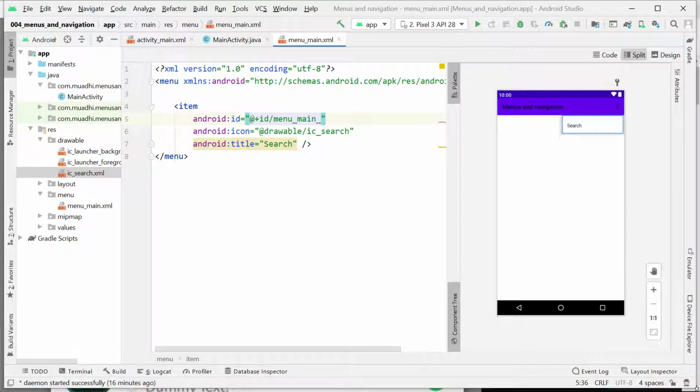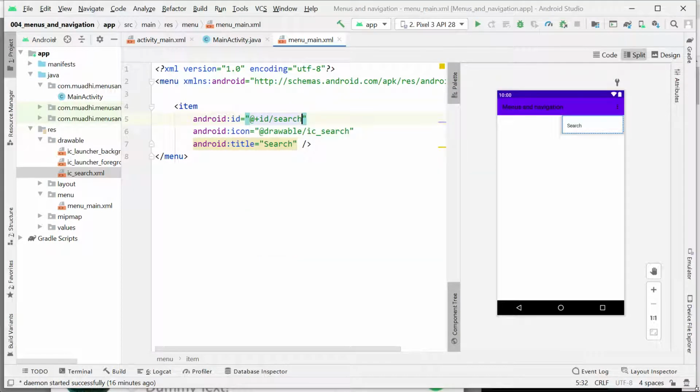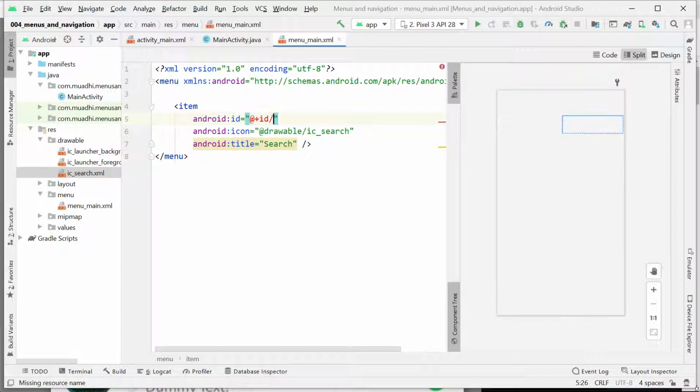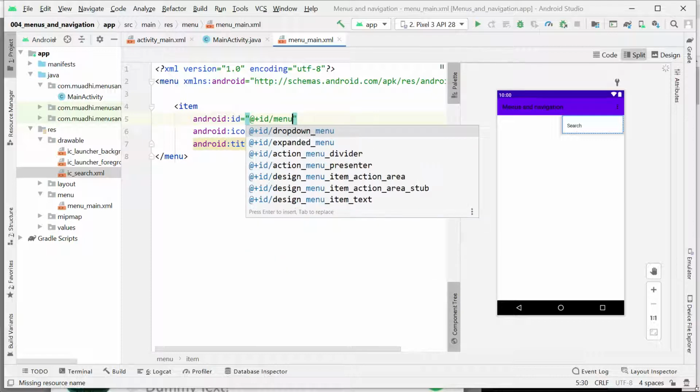Assume that I put this menu. For example, you can say, okay, give it an ID of just search. But remember, when you create this project, this menu will be put into other activities. Now, what if that activity has another item with the ID of search? Then we'll have a dilemma. It will confuse the two. So what do I do? I can begin with the file name, which is menu underscore